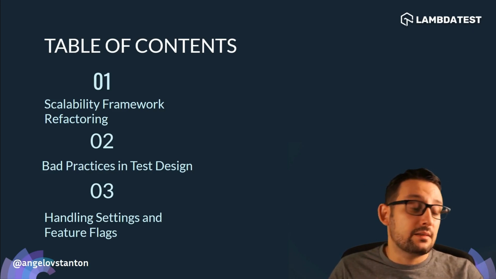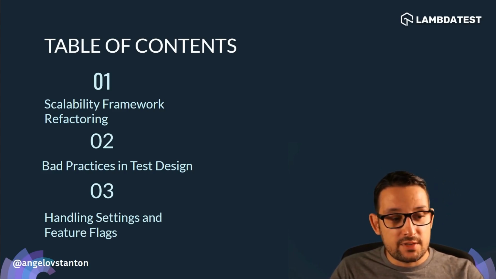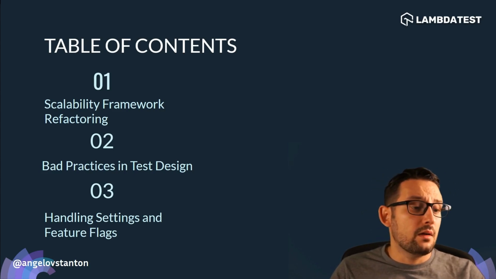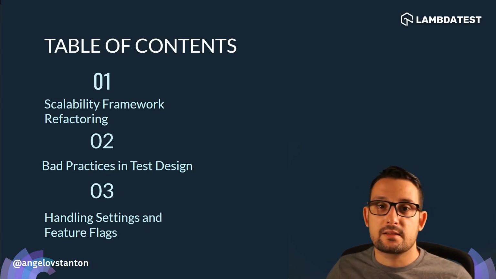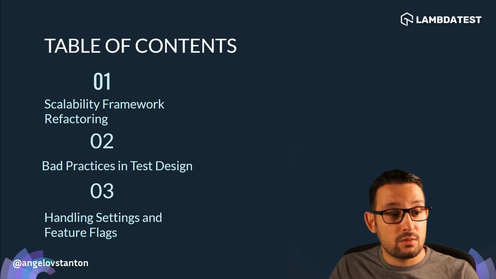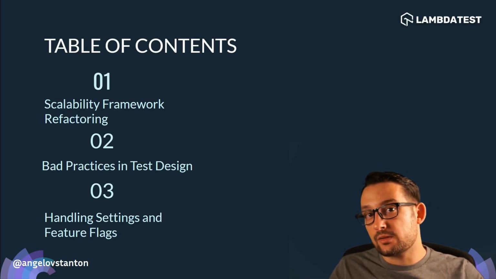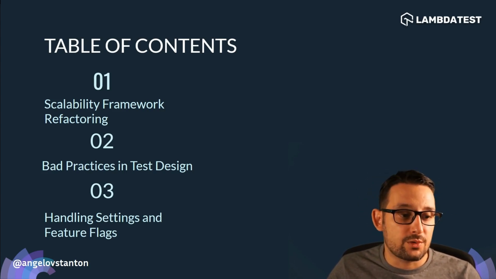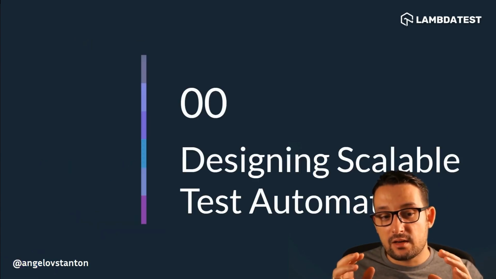The last piece that maybe deserves a whole module or a course by itself is how to handle global settings in your application, feature flags. Again, this is a big topic, but we are going to discuss just the part that concerns our tests when they execute in parallel. And how we can design to work with those flags and how we can group our tests so that they don't collide with each other when they need to modify a particular global setting or a feature flag. So let's begin by discussing